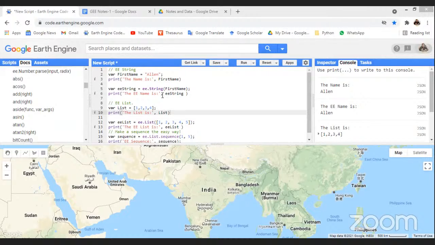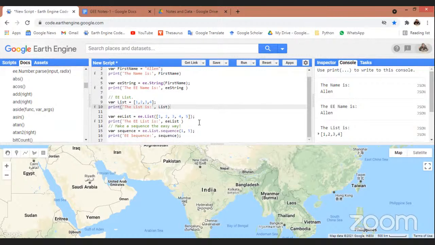Okay. So in the next line, we are creating this string, first name, with the help of an Earth Engine object using ee.String, and we are putting the first name, Alan, and then we are printing this. So this also prints the same thing, Alan, but using the Earth Engine object. So likewise,